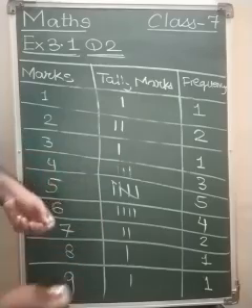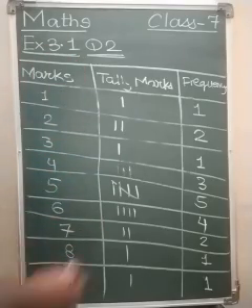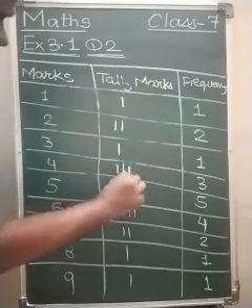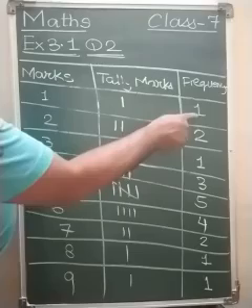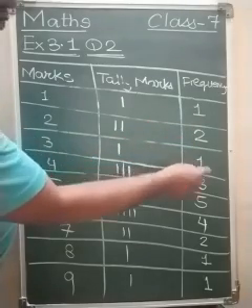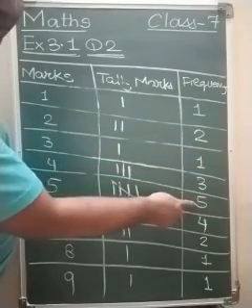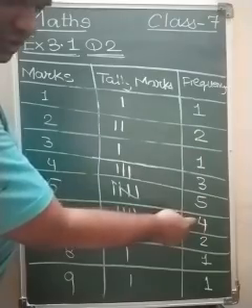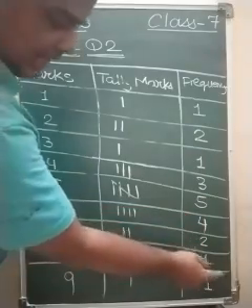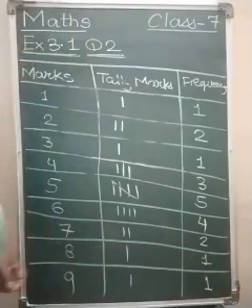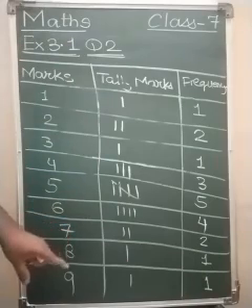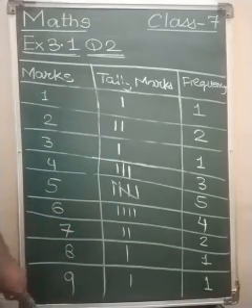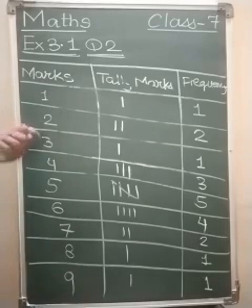Now, whether we have collected the whole data, that we have to see. How are we going to check it? We will check it with the frequency. 1 plus 2, 3, 3 plus 1, 4, 4 plus 3, 7, 7 plus 5, 12, 12 plus 4, 16, 17, 18, 19, 20. So the total data of 20 students we have collected. We have collected it from the textbook, the question given, and now we can proceed to our questions.